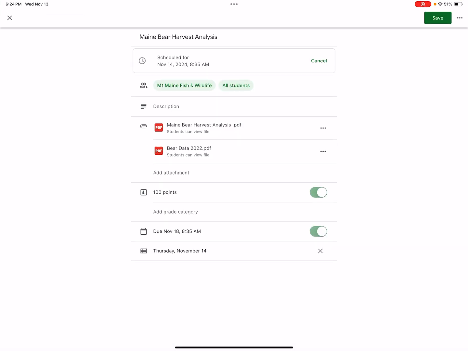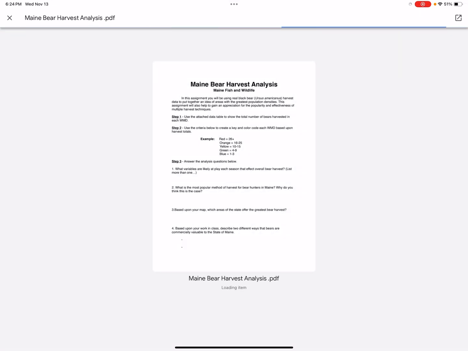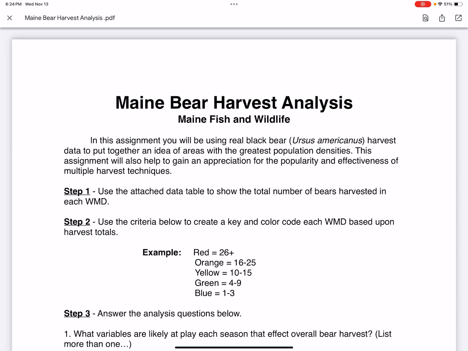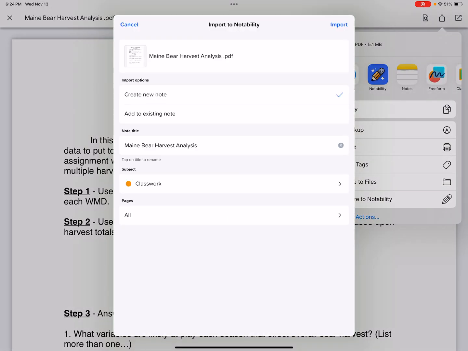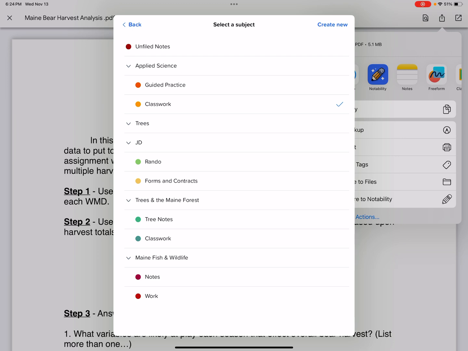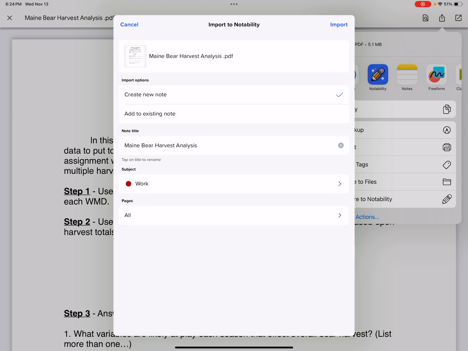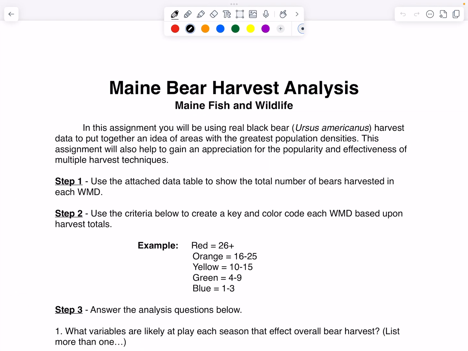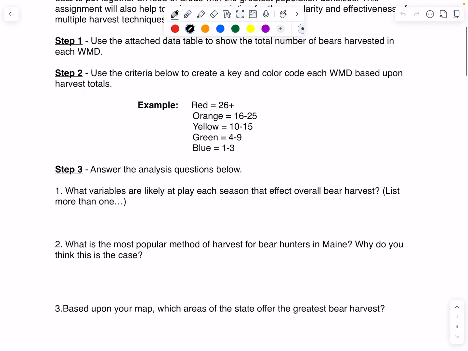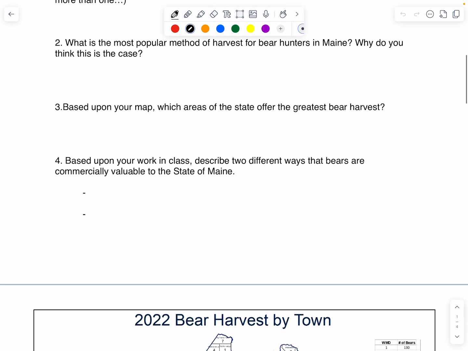If we look here on today's assignment, we can open it up right here. And I'm going to put this in Notability to work on it. We're going to create a new note. I'm going to put this under my Maine Fish and Wildlife Work section, import, and open that thing up. And here we go. So part of the Maine Bear Harvest Analysis, very similar to our deer analysis we did